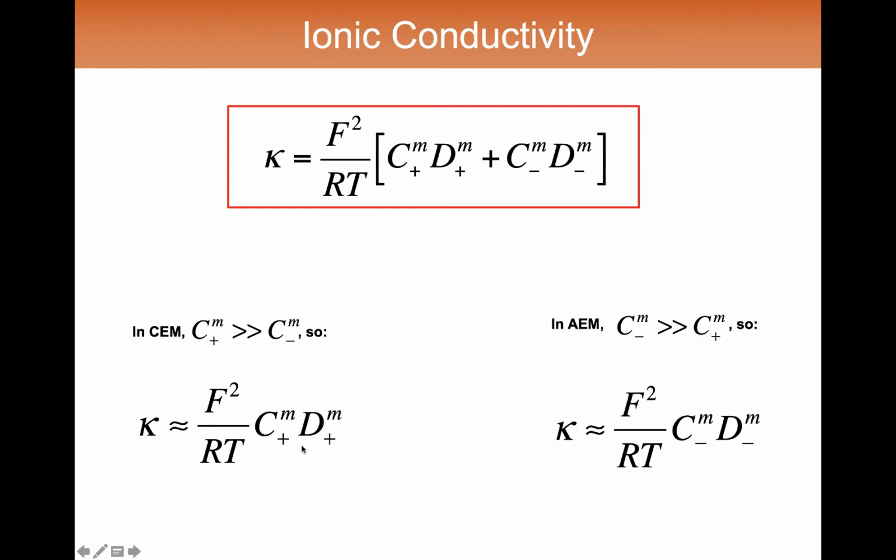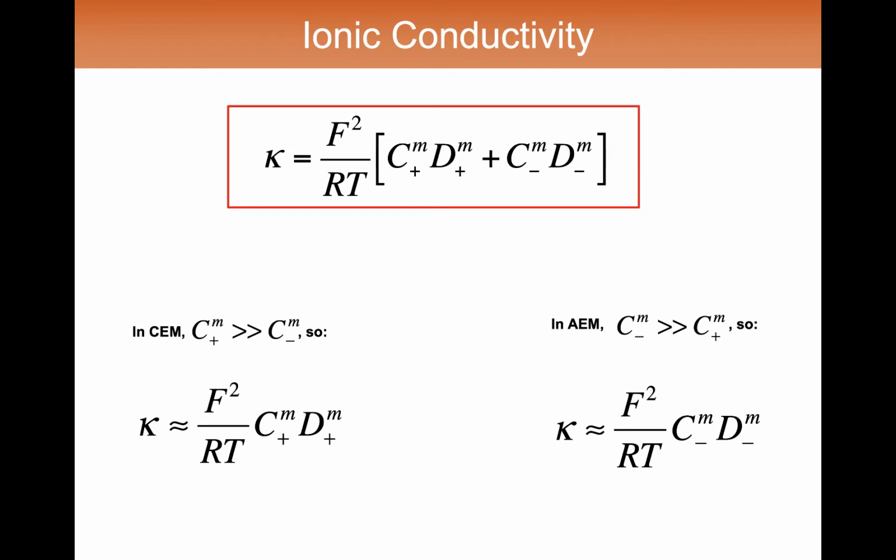In the anion exchange membranes, that is the ones with the quaternary ammonium fixed charge groups, there's going to be an awful lot more chloride than sodium, and so chloride is going to be the dominant ion in that case, or the anions are going to be dominant, and then the ionic conductivity is dominated by the anions. So the bottom line is that concentration-driven permeability is dominated by the transport properties of the rare species, that is the co-ion species, and in ionic conductivity, it is the concentration and diffusion coefficient of the majority species of mobile ions in the material that determines the